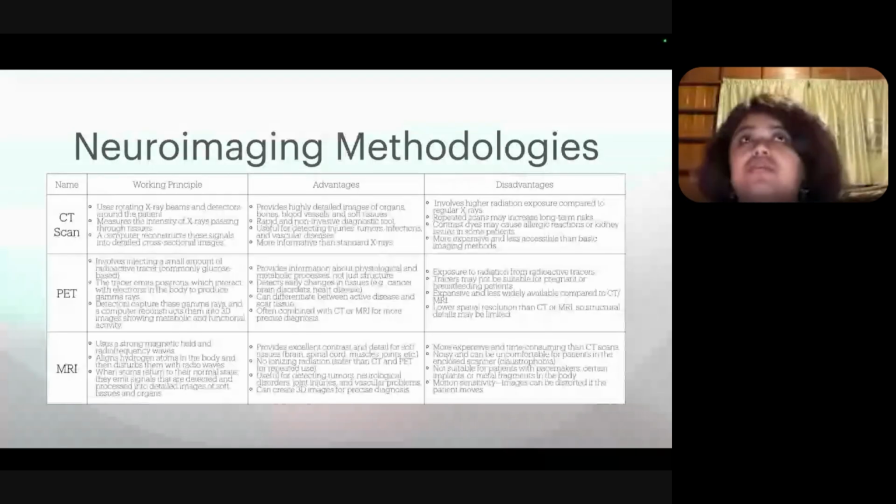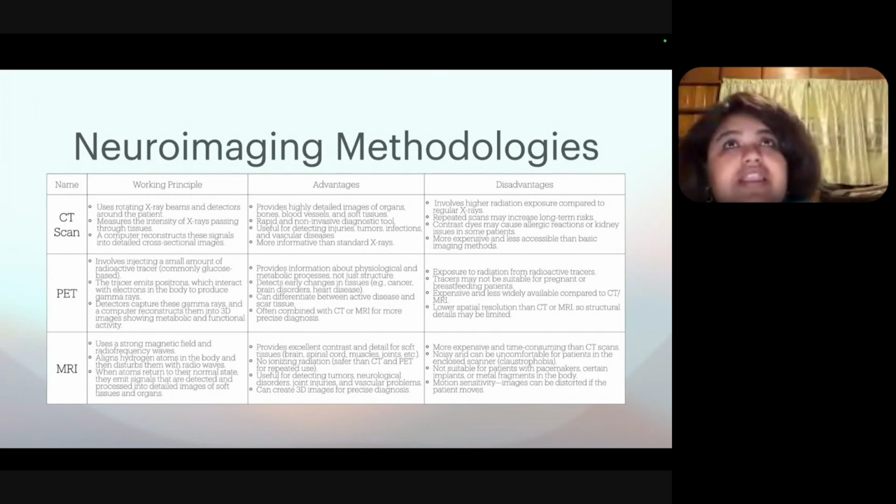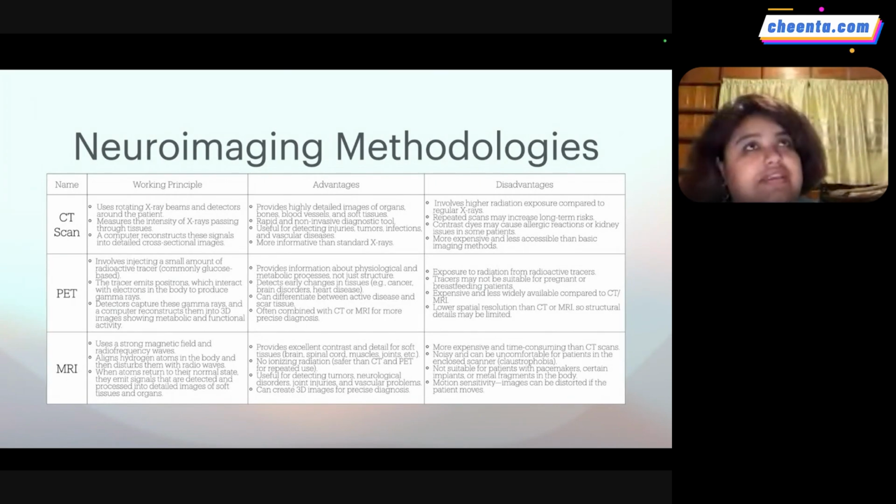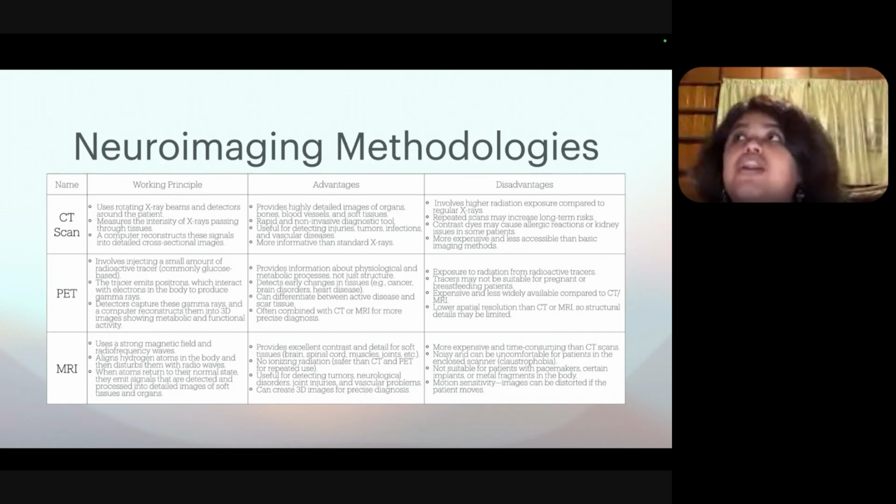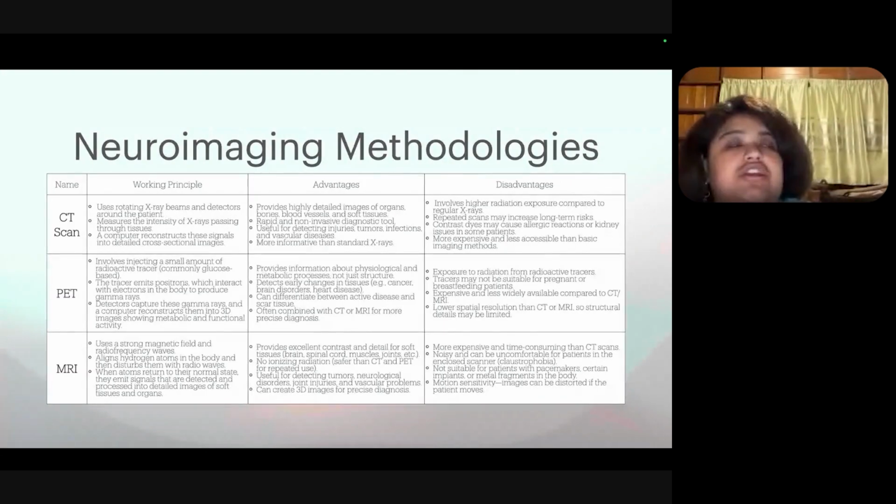So they did not know which area has been affected. For example, if someone has viral encephalitis, one needs to know which area in the brain is affected. Only then the right diagnosis and treatment can be given. So these things were unknown to doctors and patients. So that is where CT scan came in.